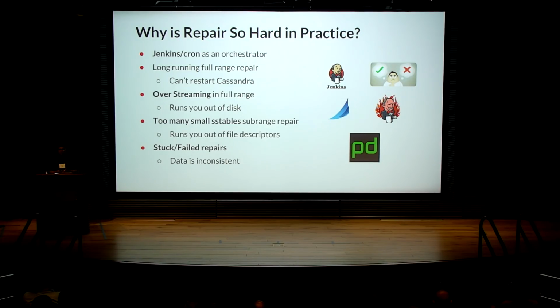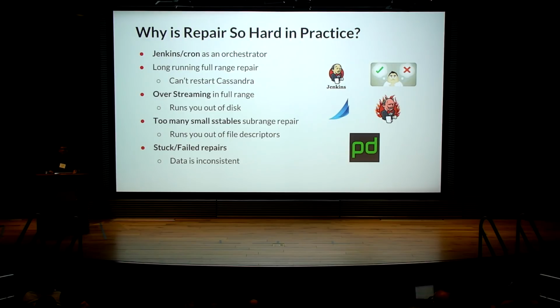Any repair could take maybe hours to days to weeks, and sometimes months together. So when it is taking that long, you are actually demanding high availability from the solution that you chose. If it is Jenkins, you are expecting your Jenkins to be up and running 100% of the time, all the time. And you're also expecting your Jenkins not to have any network partitions or network glitches. If you have any network glitch, network partition, or any issue with the Jenkins, either your repair could get stuck or your repair could fail.